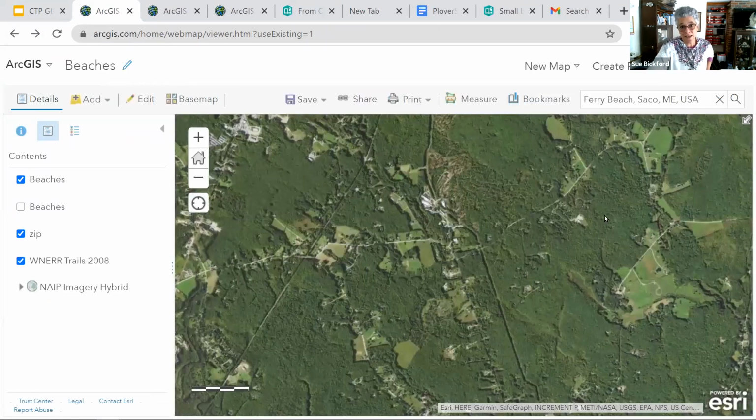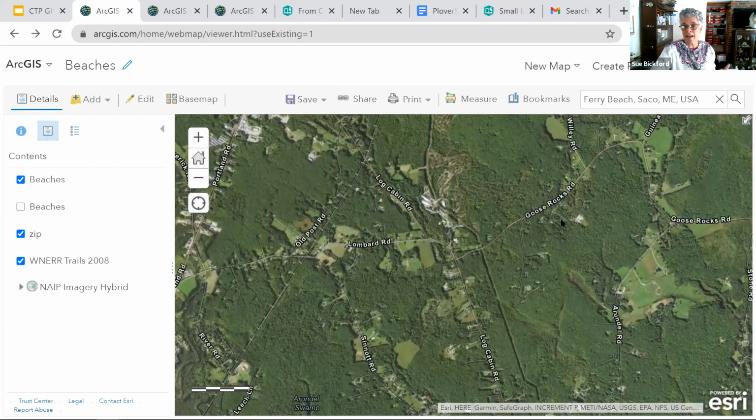Okay, so that's an excellent question. QGIS uses the same shapefile format that ArcGIS Online and any of the Esri products use. And so let me just show you, remember we added that